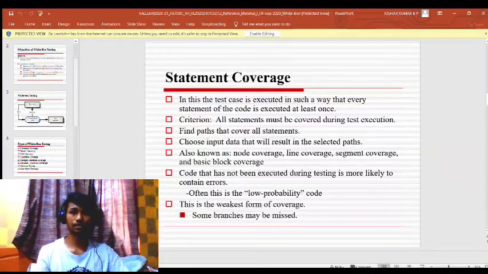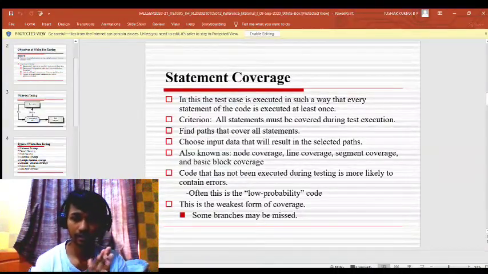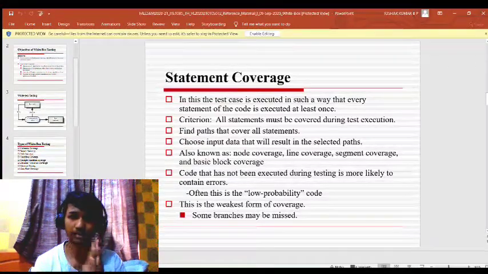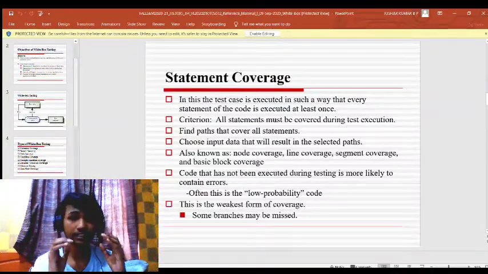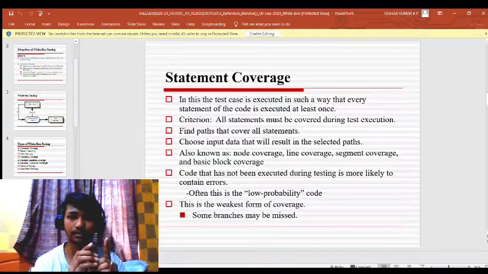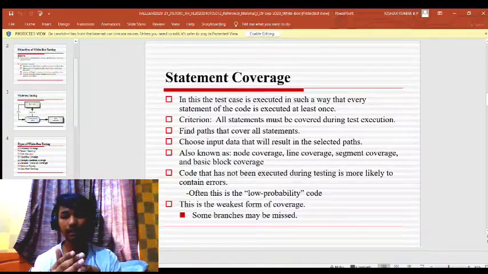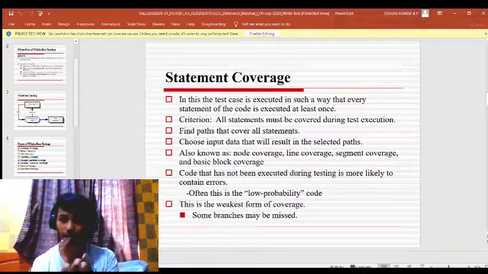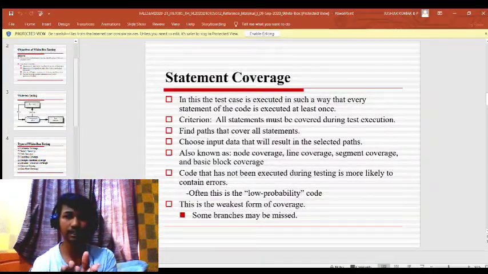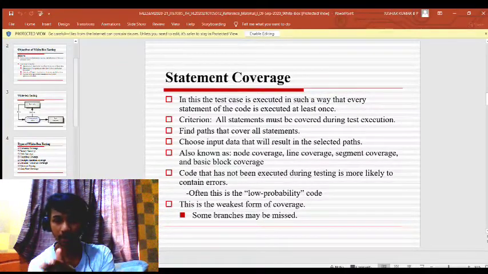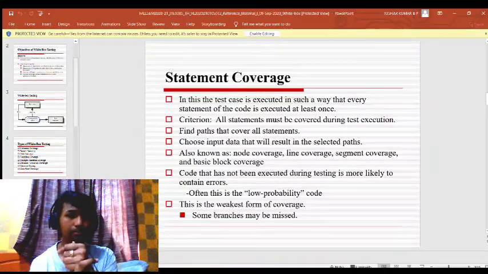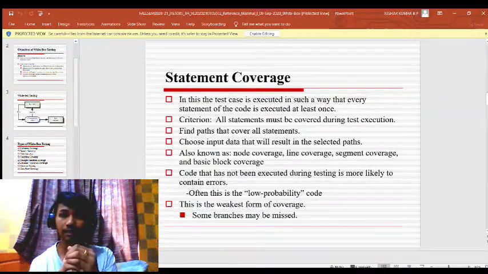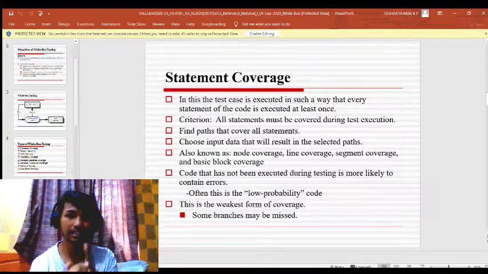Statement coverage. So what basically is statement coverage? In a code you'll be having a various number of statements in a single path, right? So what it does is, it executes in such a way that every statement in a code is executed at least once. So if you're considering a path, just consider you have given true and false conditions, and you're following the path true. Now the statement coverage ensures that each and every statement that exists in this path called true is executed at least once, or is exercised at least once.